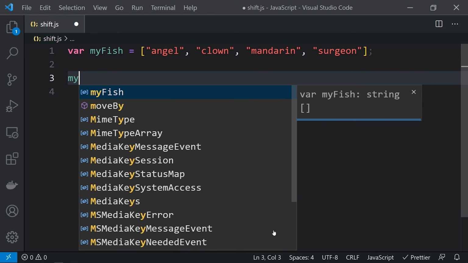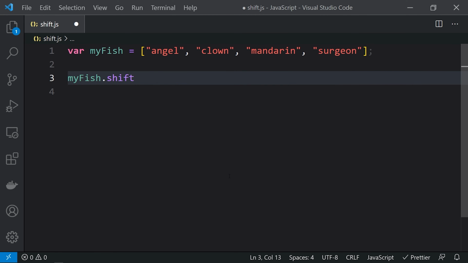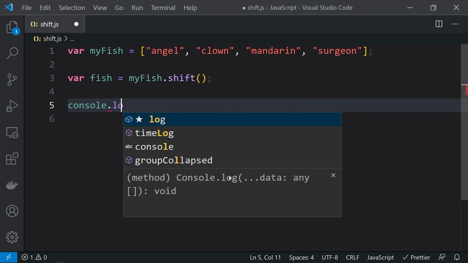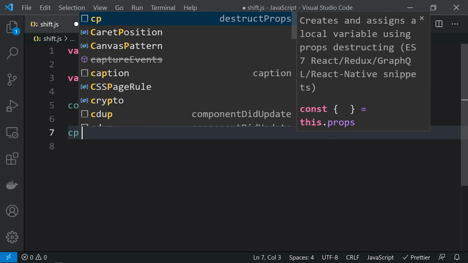We'll just use myfish.shift over here, and here you can see that it says removes the first element from an array and returns it. If the array is empty, undefined is returned and the array is not modified. So we'll use this shift function and it should return the value, and let's take it in the value variable fish over here, and let's print these values over here. We'll just use console.log fish over here and console.log